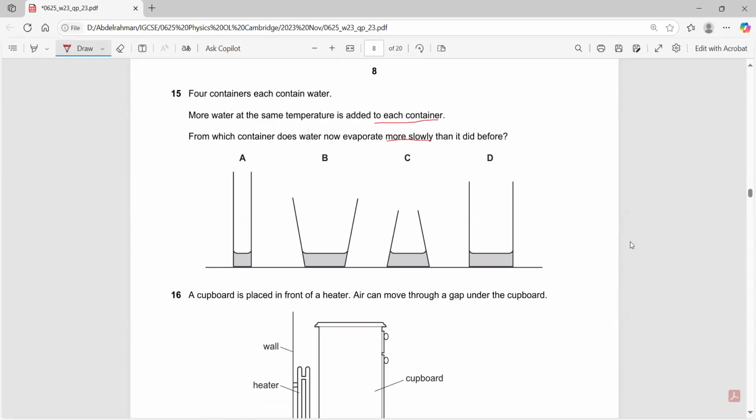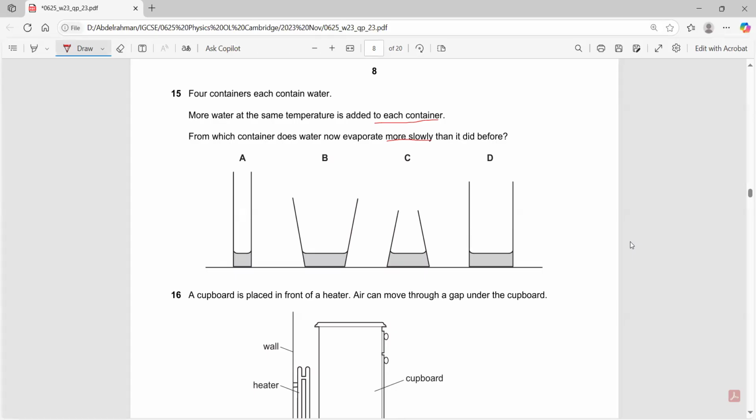More slowly. A, B, C, or D. What would the only difference be? The surface area, right? More slowly. So if you think about it, you'd find that the surface area of C is slightly less when you add